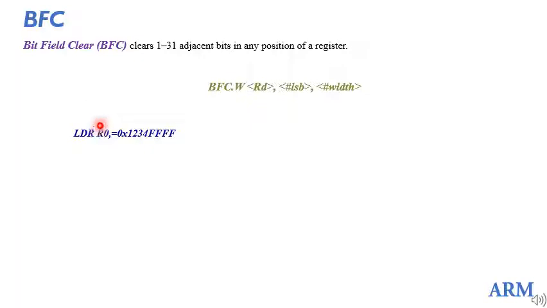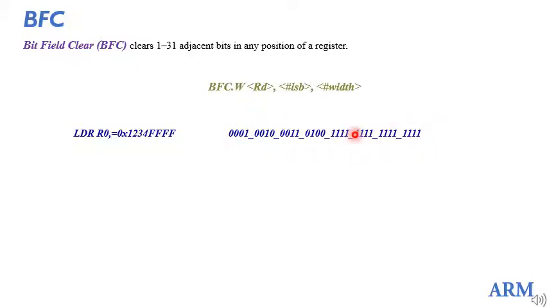Since it is bit processing, I will write all the 32 bits of this number. So 1 is written as 0001, 2 as 0010, 3 as 0011, 4 as 0100. So as you see, each digit in hex corresponds to 4 bits in binary, and hence there will be 32 bits. So next F is 1111. So there are 4 Fs. So 4 sets of 1111. So this makes up 32 bits.